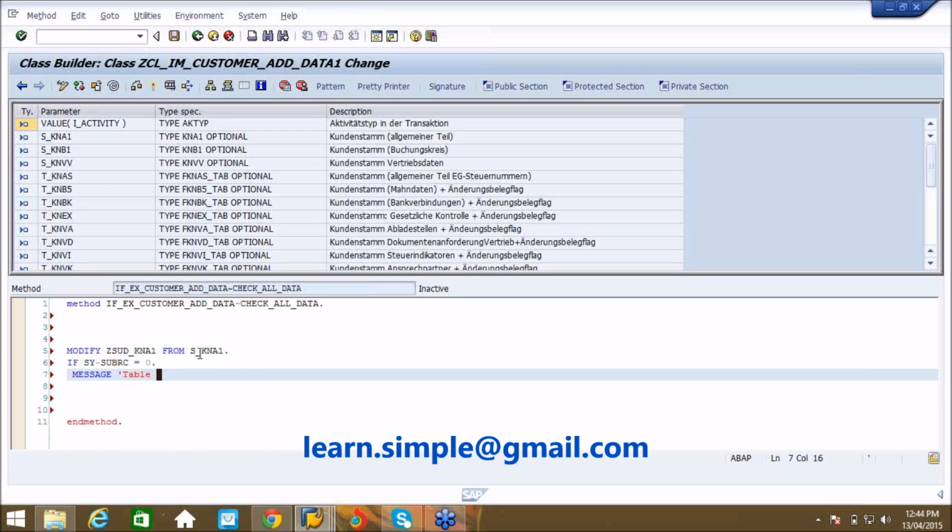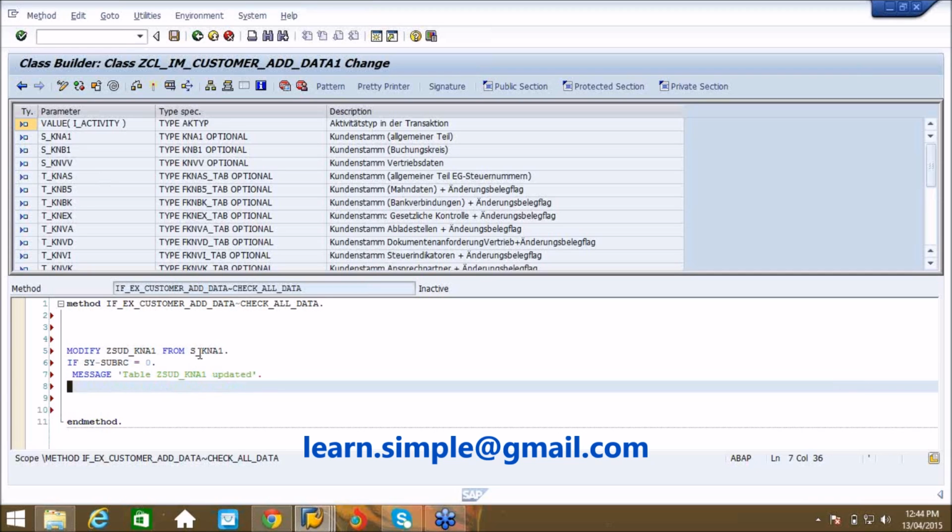Table ZSUD_KNA1 updated. So when I have an if, I should say an endif also. I'll say this. Now I will save, check